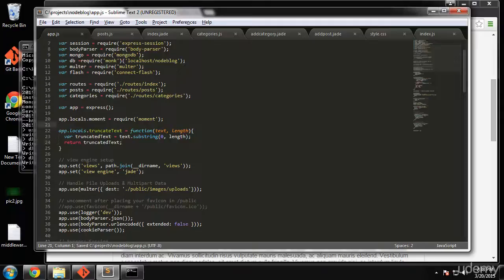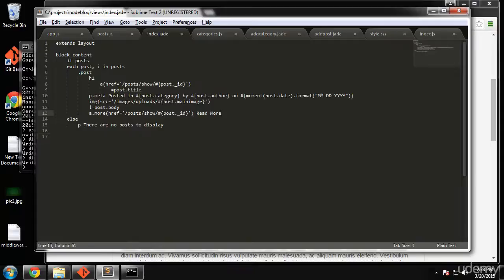Okay, and now we should be able to access that in index.jade. The post body is right here, and we want to go after this equal sign right here, and we'll say truncate text, and then wrap this like that, and then we'll put a comma and then the amount of text. So let's do 400,